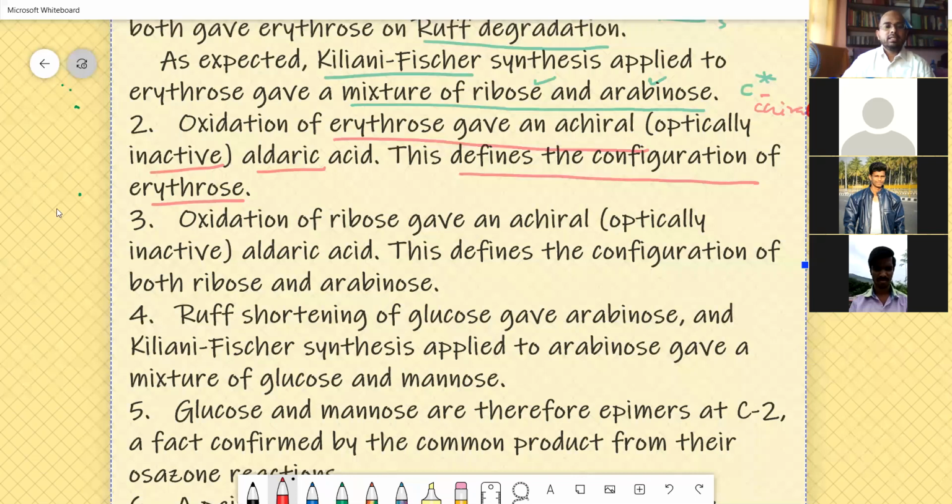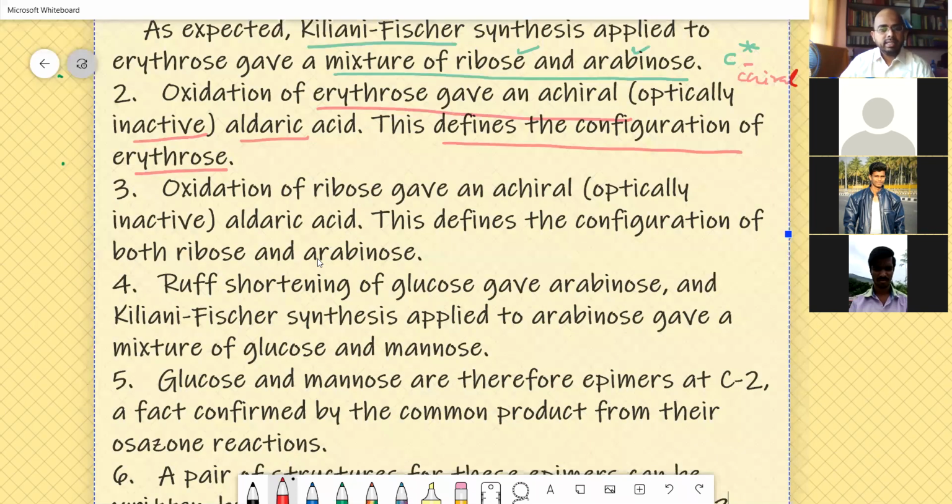Then oxidation of ribose gives an achiral aldaric acid again. This defines the configuration of both ribose and arabinose. Here you have erythrose, here you have arabinose. All these structures I have already given in the previous slide. Then shortening of glucose gives arabinose and Kiliani-Fischer synthesis applied to arabinose gives a mixture of